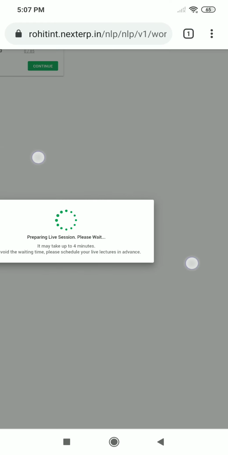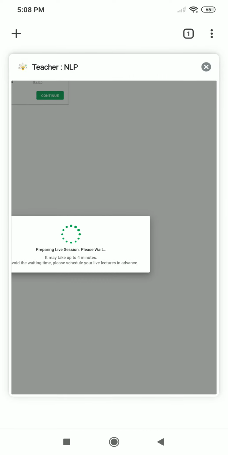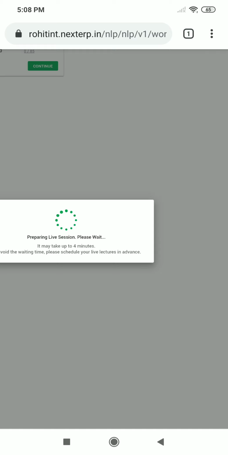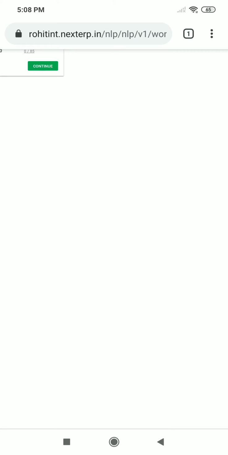Now previously what happened, whenever we started a lecture on a laptop or a mobile, it would show a new pop-up tab or a window, you can say, on a laptop. But right now it will just be added in another tab only. So right now you can see I have just one tab. Now once it loads, another tab will open. Yeah, see, that is tab 2. You can see here, that is tab 1 and that is tab 2.